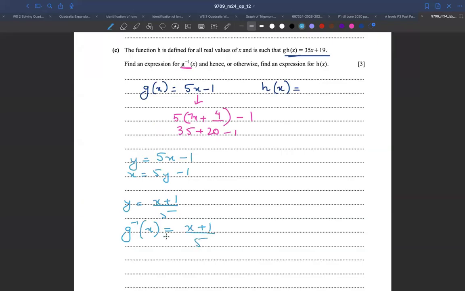Now it is saying hence or otherwise, meaning using this g inverse or otherwise, find the value of h of x. Now I'll tell you something related to functions. Look, g of h of x is equal to 35x plus 19. I can also write it as h of x is equal to